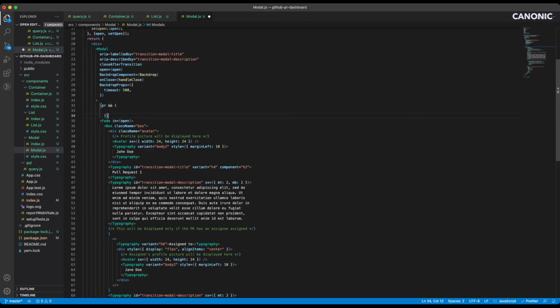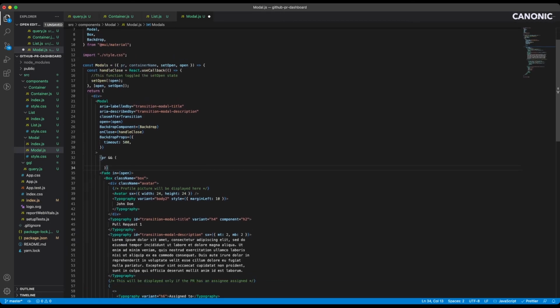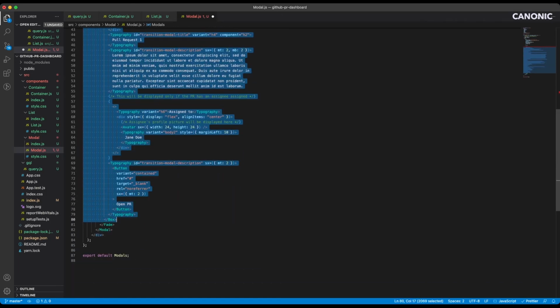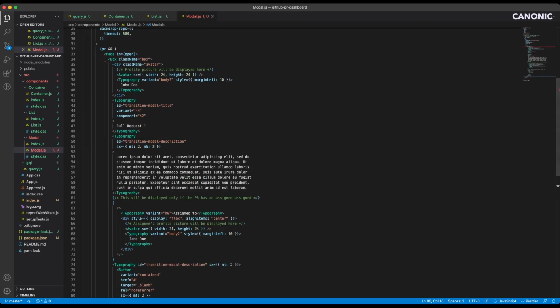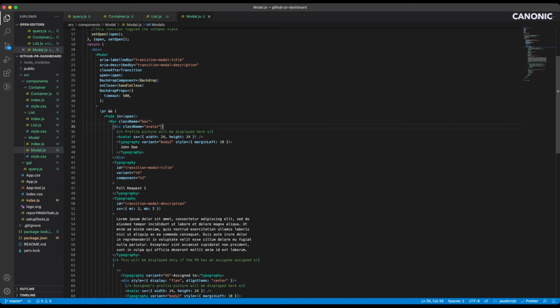So let's first make sure the parameter that's passed is present so that our application does not crash. Let's quickly add our code inside it. Now let's modify our code to show the values that are coming in from the data passed from our list.